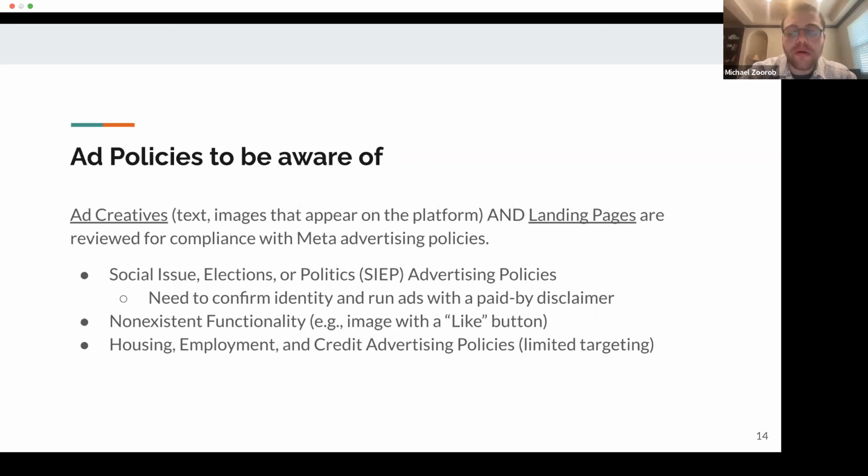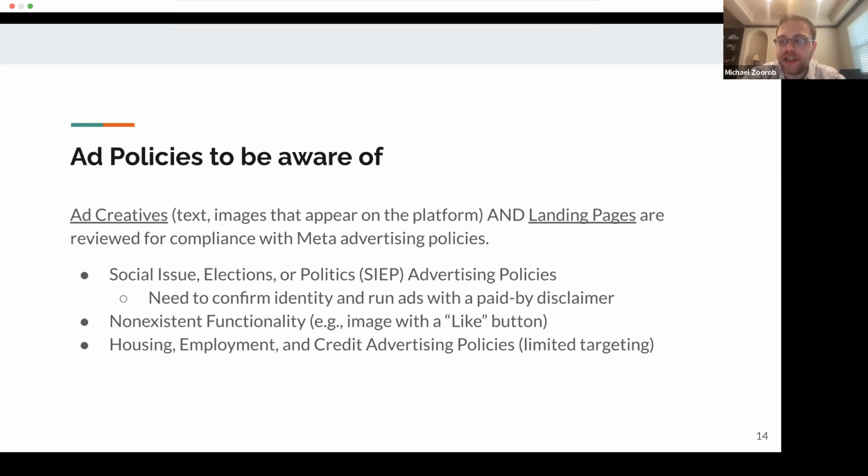A couple of other issues that I've seen come up that I wanted to let you know about are nonexistent functionality violations. Basically, if you have a picture in an ad of a function that doesn't work, your ad is likely to get flagged and taken down. One example I've seen is images with a like button.